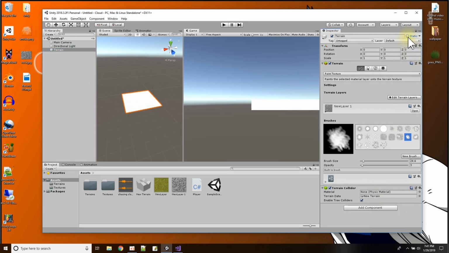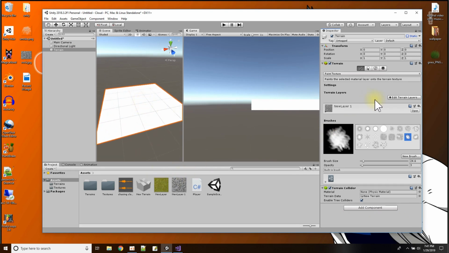Just uncheck static for the terrain object, and the baking ETA thing should go away, and you should be able to work more smoothly. And after you're finished, you could turn that back on if you want to. All right, so here I have a terrain, and the first thing I'll do is I'll just add some texture